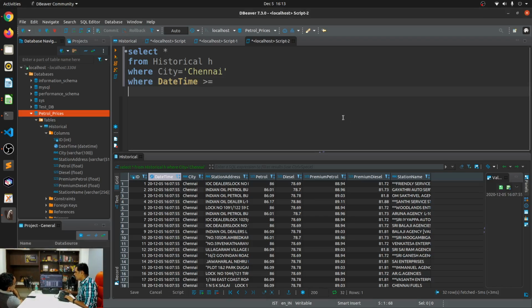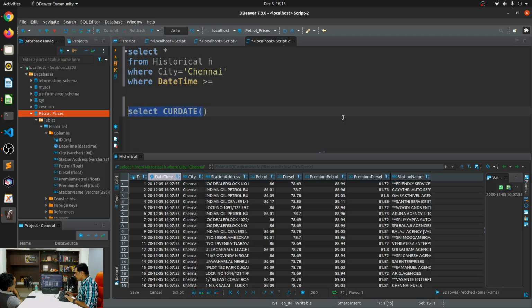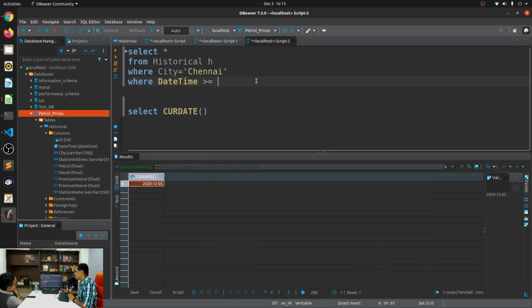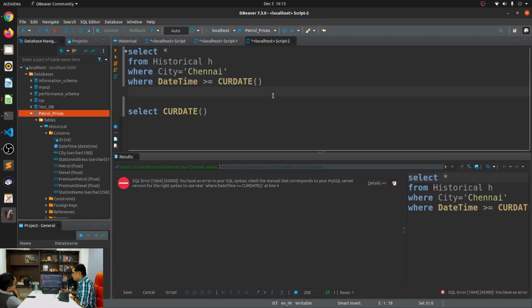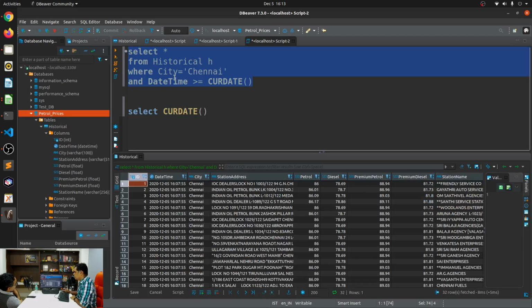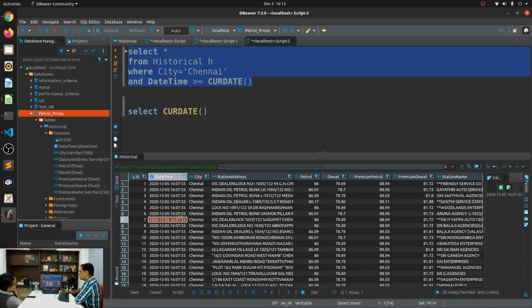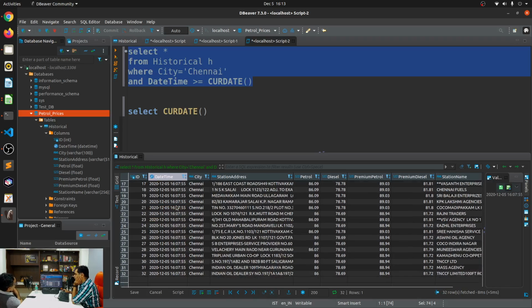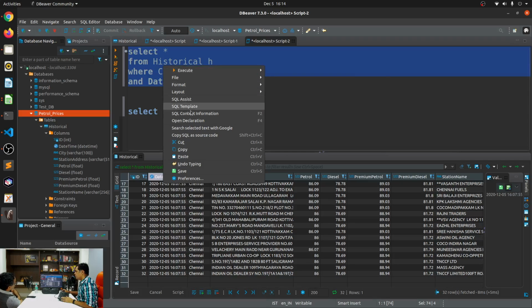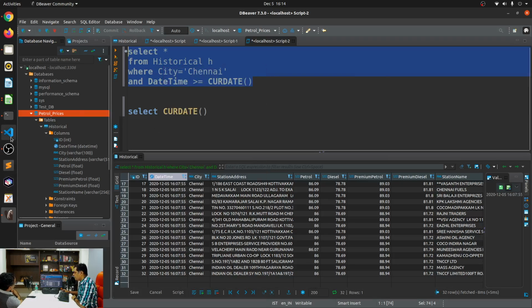So there you go. That's how you'll have to do it. So that would give me all of Chennai's data that is applicable only for today. And this I'll have to convert back into JSON and then return it back. So that's my query, which I'm going to put in my